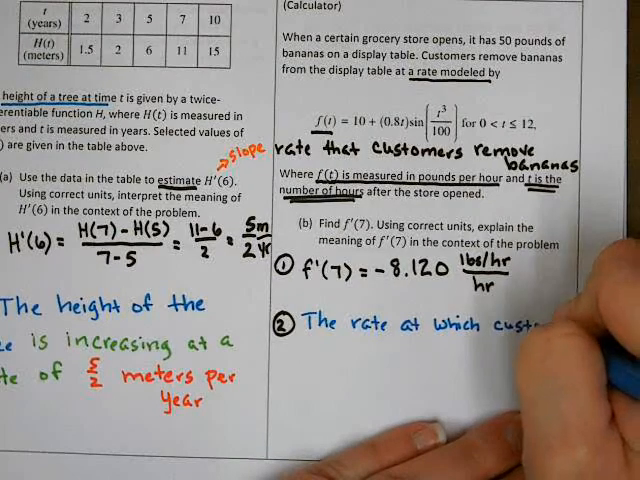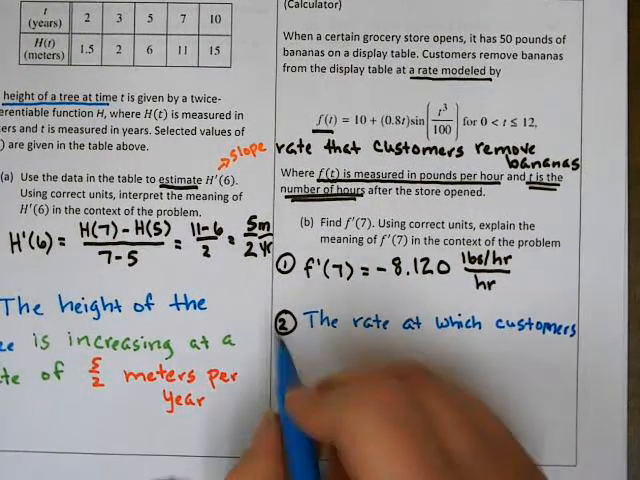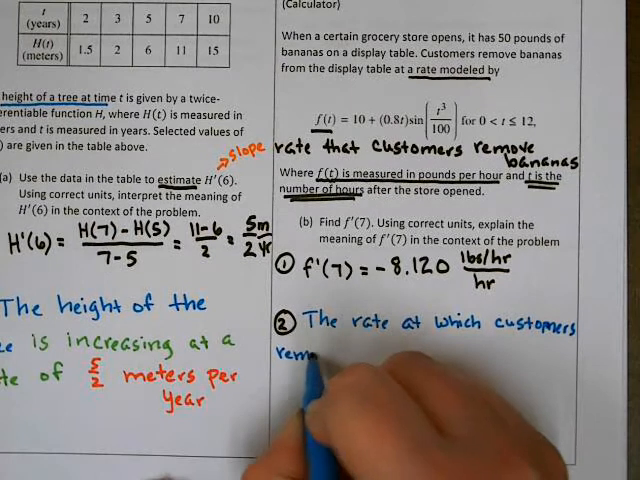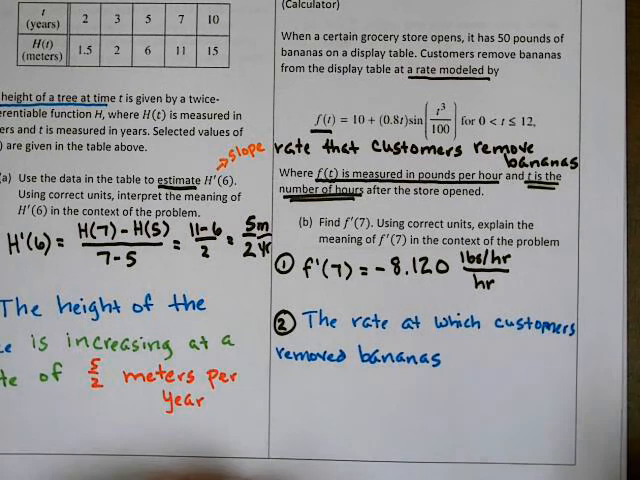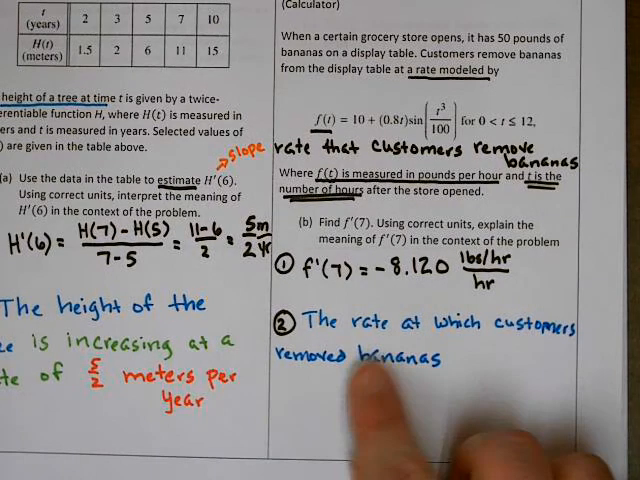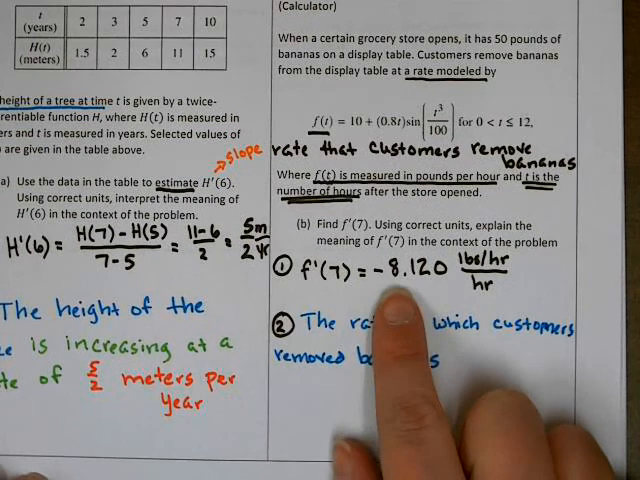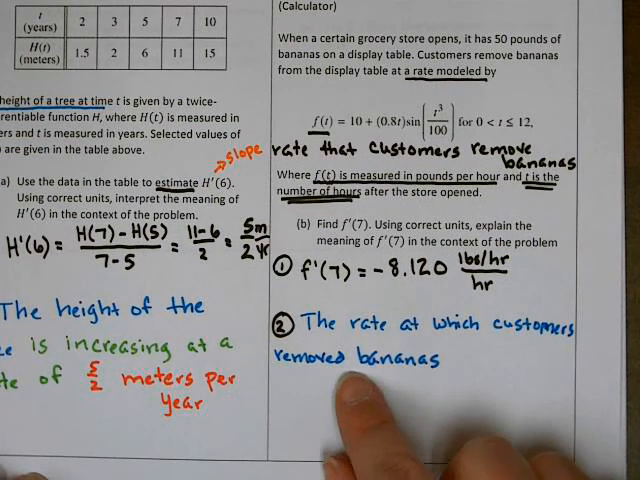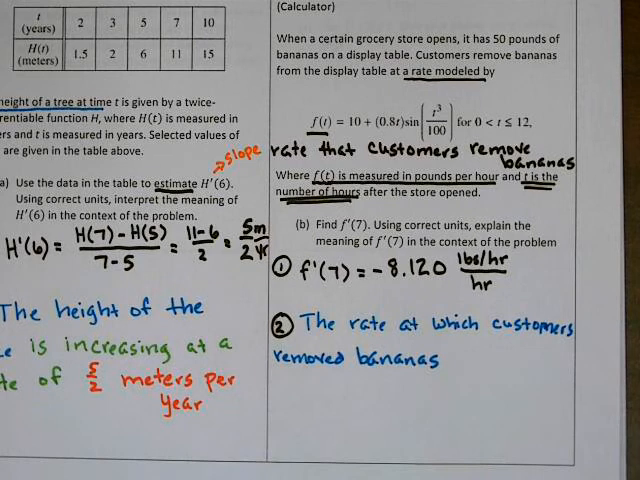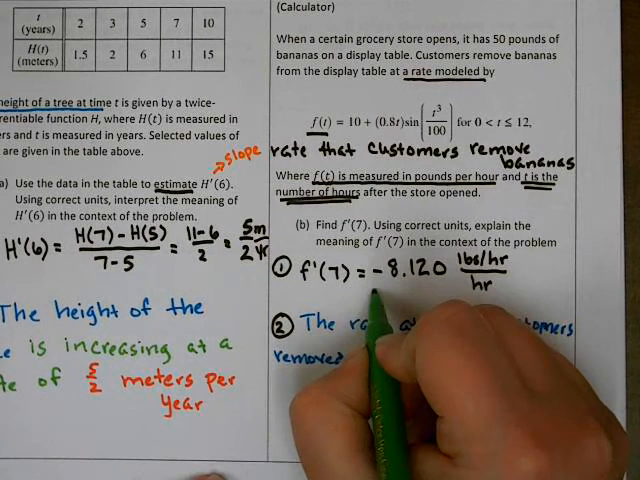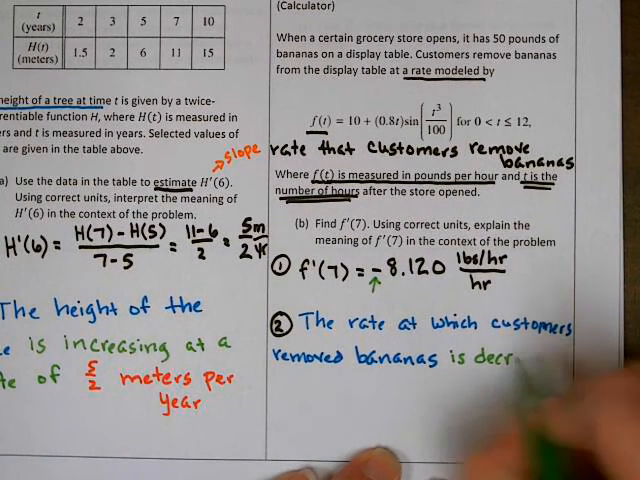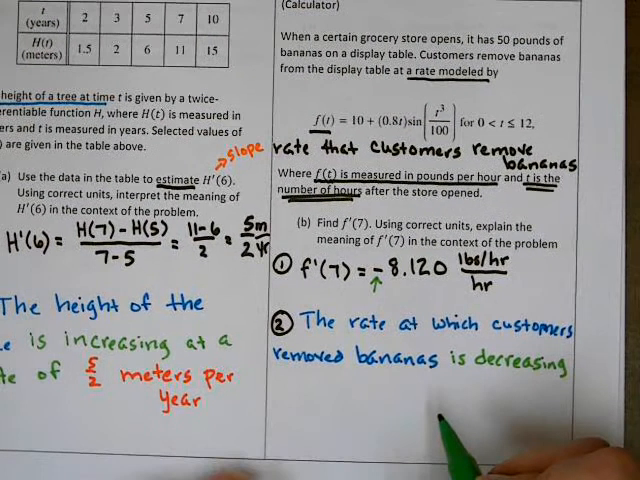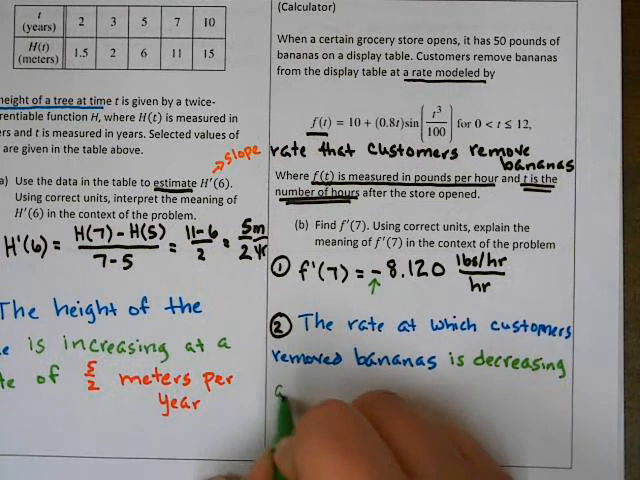Oops, might help if I actually spell customers correctly. The rate at which customers removed bananas. And then let's see, what was that doing? Well, this is a negative slope, which means the rate at which the customers removed bananas has to be decreasing because of this negative sign right here. So the rate at which customers remove bananas is decreasing at a rate of,